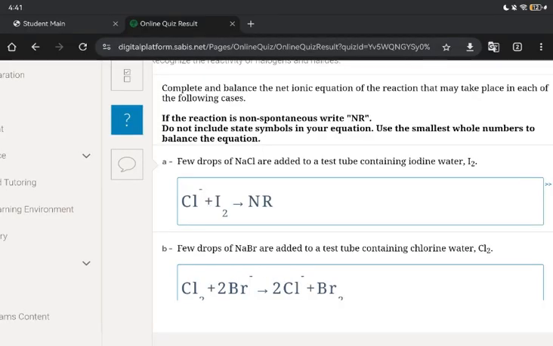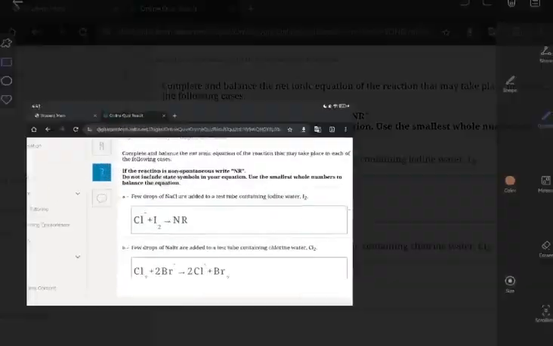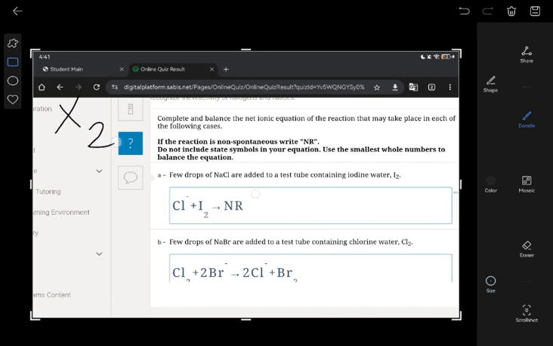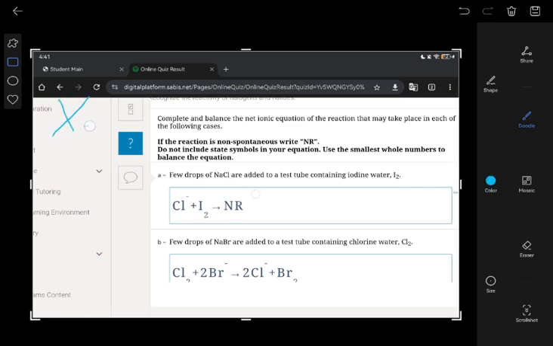So this is chapter 4.1, and this is stuff we took last year. So with the highlights, we took it last year. Basically, the main things you have to remember here, there's a general equation for this. X2 plus 2Y minus, I'll write it in a different color because it's not that clear. X2 plus 2Y minus